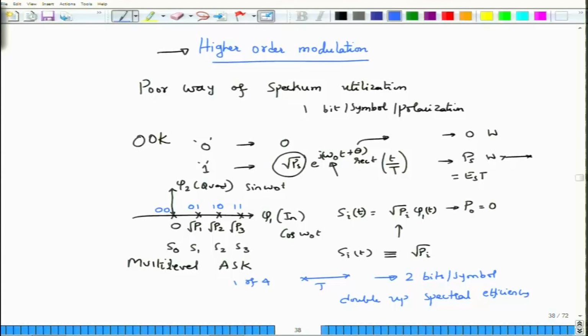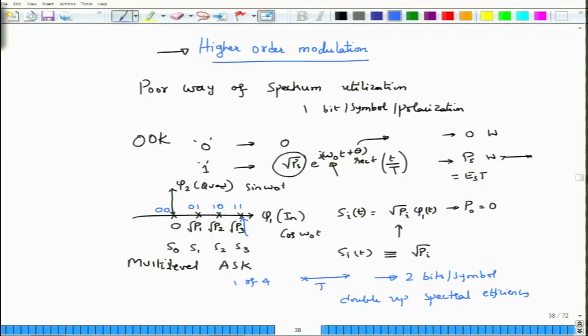What is the problem with this approach? Well, one, you have to switch the laser amplitude into 4 different levels. That requires you to generate multi-level signals in the electrical domain, because we control the output power of the laser coming out of the modulator by adjusting the modulating signal u of t. So I have to have a multi-level electrical signal, which is not easy to generate. Moreover, I cannot continue this approach, because the maximum amplitude or maximum power that the link can withstand before the link gets degraded, and I will tell you why it gets degraded later on, is usually fixed. So this is the maximum amplitude.